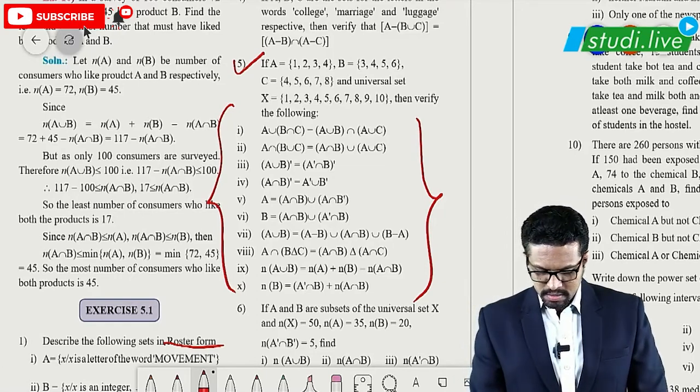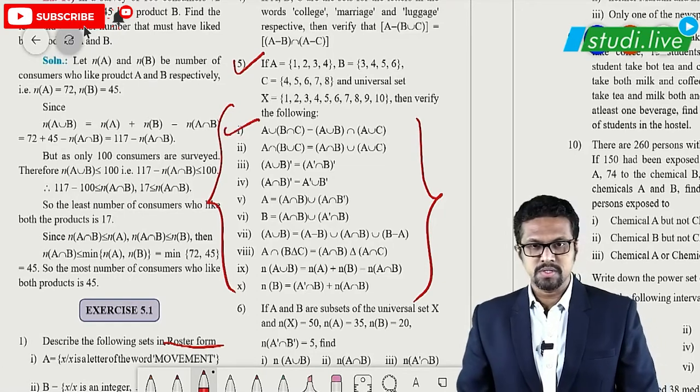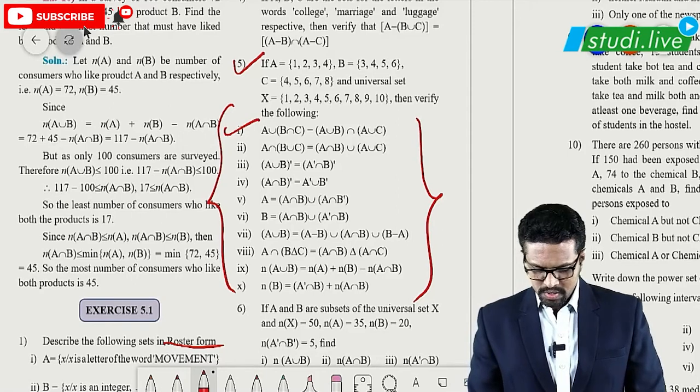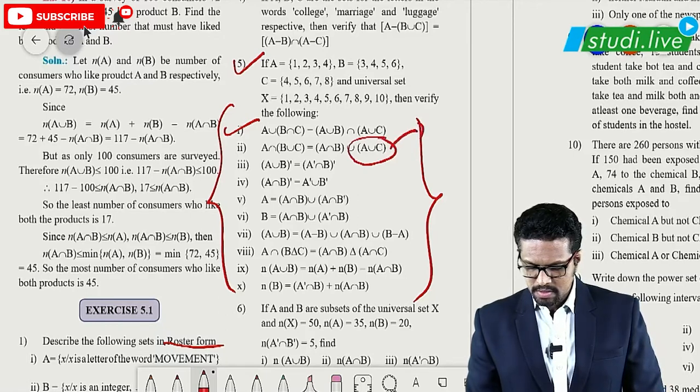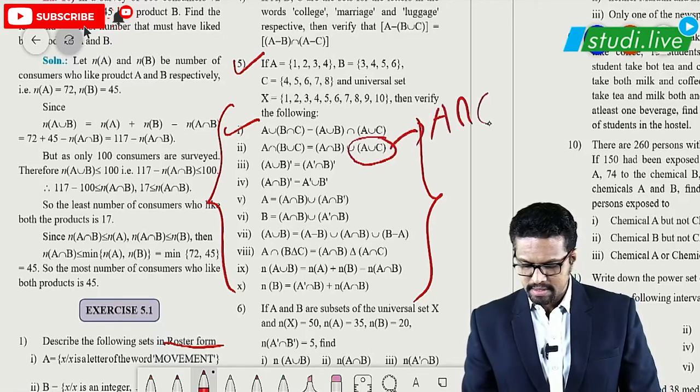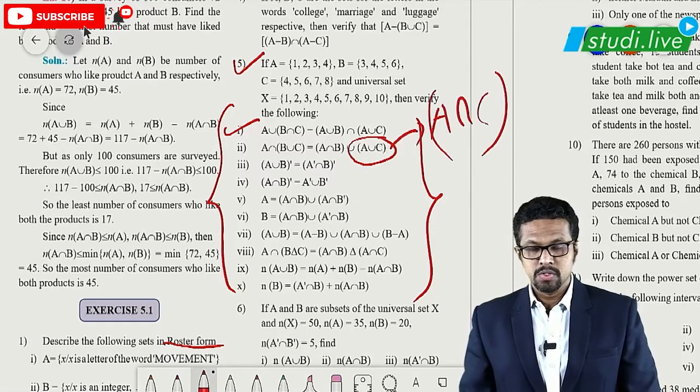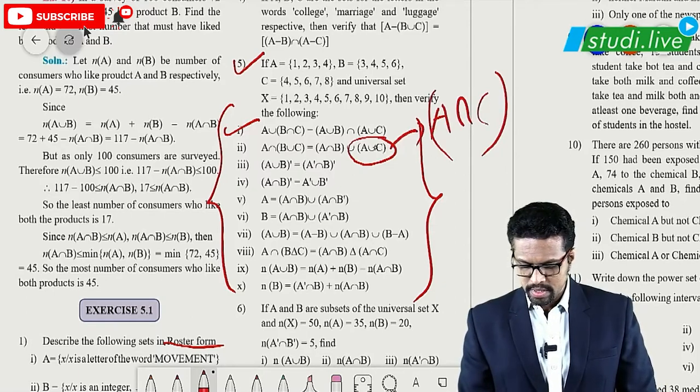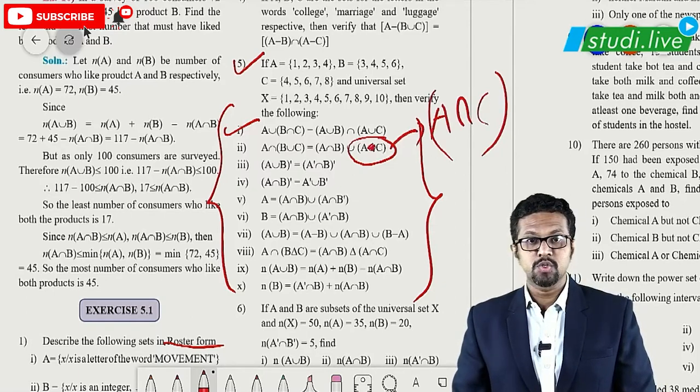Okay, just so that you can understand a question, let us solve one of them. Suppose I am solving this second question. Okay, there is a small printing mistake in this. It is not A union C, it is A intersection C over here. So see to it that you are not writing it as union. This is wrong over here. It has to be intersection.